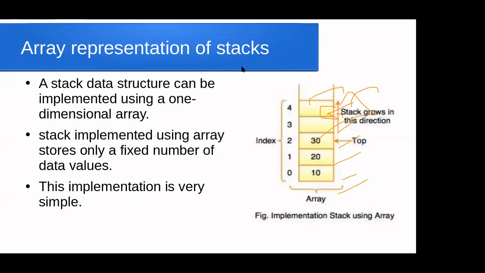Array, how are we going to represent a stack in an array? That we can see here. This is an array. The array will start from index 0, 1, 2, 3, 4. We can see very clearly. And some of the elements are inserted. The topmost element will have the reference of top. And we have the size. Here I have assumed the size is 5. Okay, you can put 5 or 6 or whatever you want.